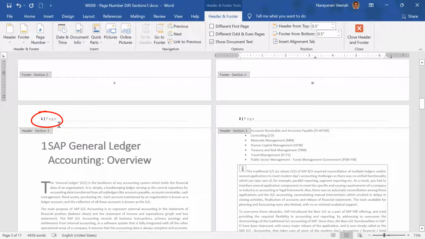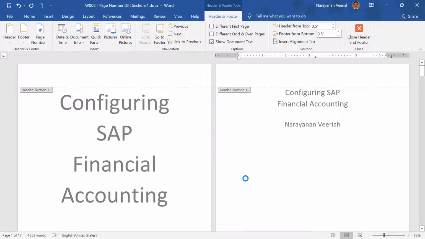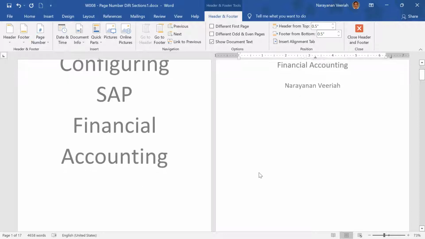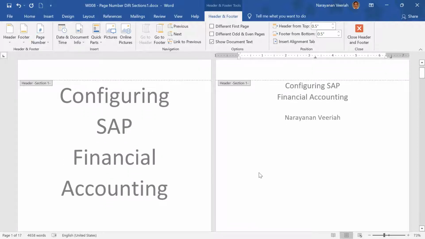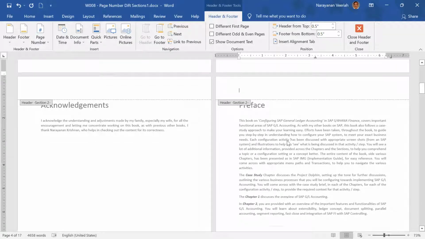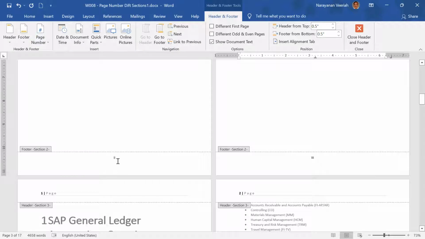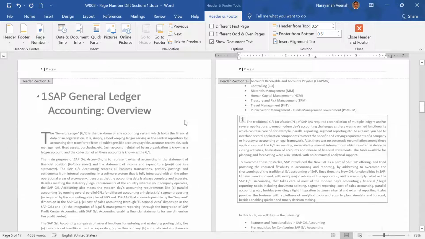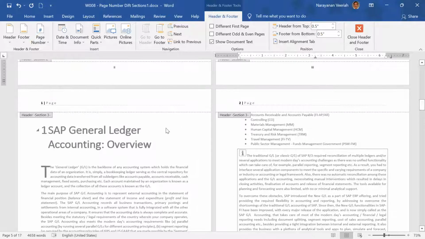If you scroll down and then see, section 3 is now numbered with the regular Arabic numerals starting with page number 1. So we have a document now with the first section containing no page number because those are all the title pages, and the next section containing acknowledgement and preface. We have the page number in lowercase Roman numerals, and the section 3 where we have the inner matter like chapter 1 and chapter 2, we have the page number in Arabic numerals starting with page number 1 for the first page in the chapter 1.